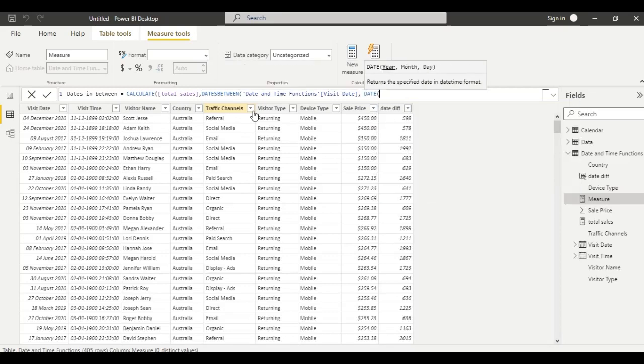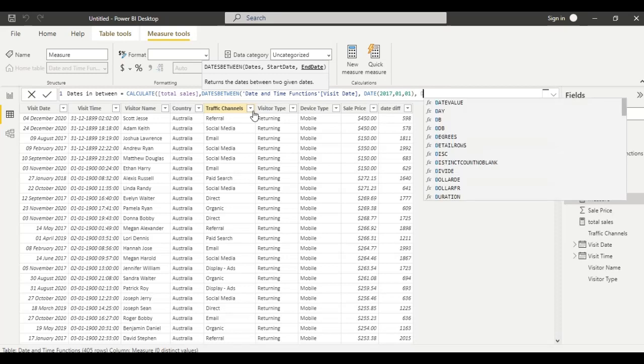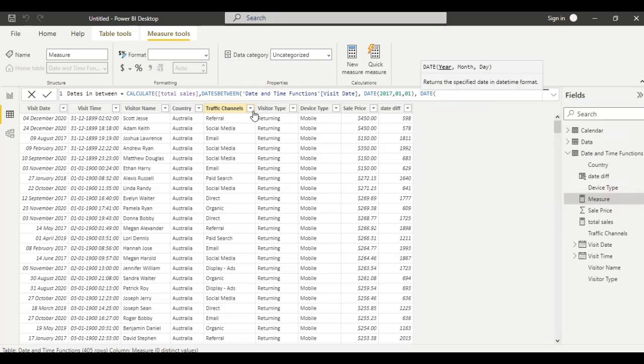Let us select the start date as 2017 January 1st, comma, end date as 2017 December 31st. Let us calculate the sales for this period. Click enter.